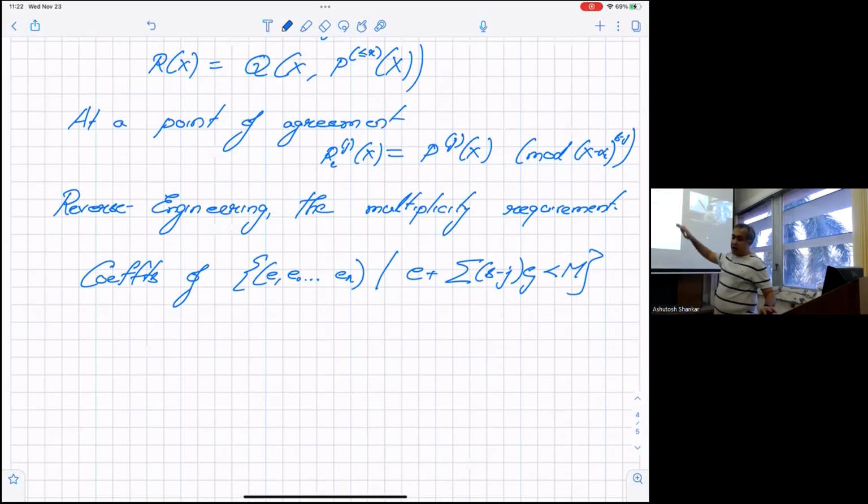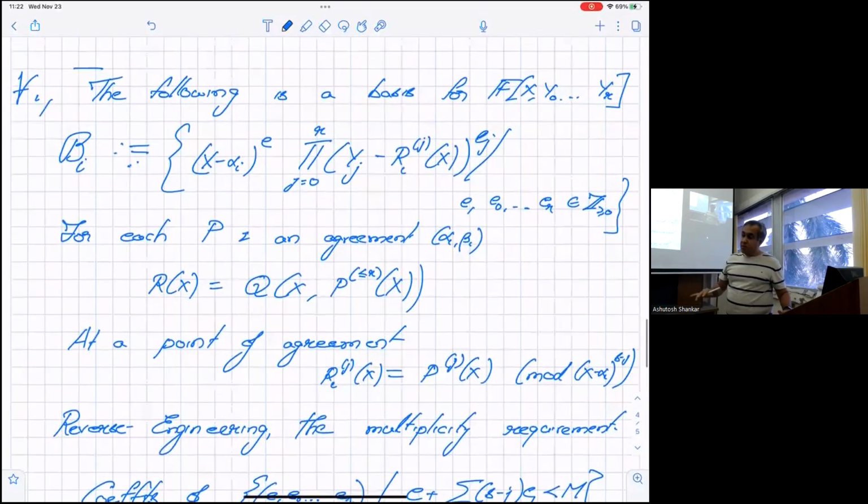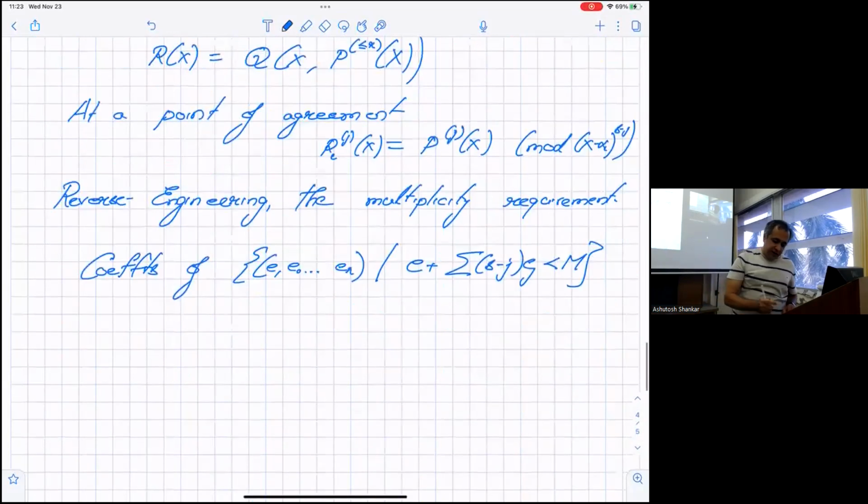These are all the terms which, because I want to plug in R_j(x) and P_j(x), give me multiplicity s minus j, multiplied by power e_j. So if all the coefficients of the basis elements corresponding to these, where E plus the summation of (s minus j) e_j is less than m, are all 0, then